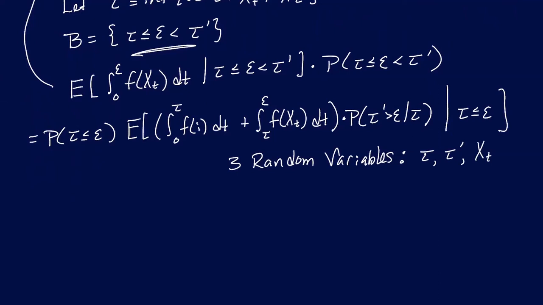So I do know this first probability because tau was exponential with rate negative qii, and that makes this 1 minus e to the positive qii epsilon, the CDF for that exponential. But I have way too much random stuff in here. So I am going to try to condition on 1 or 2 of these so that I get down to a computation involving only 1 random variable that hopefully is more tractable.